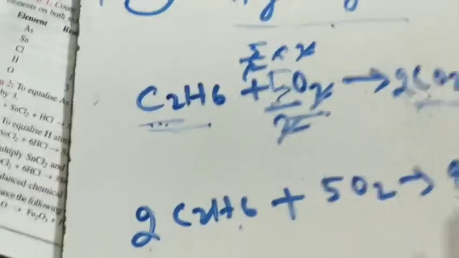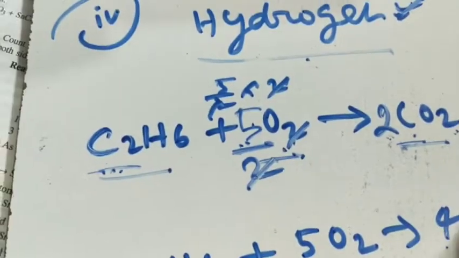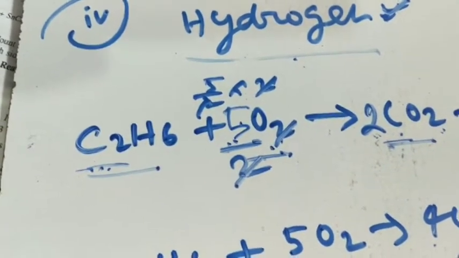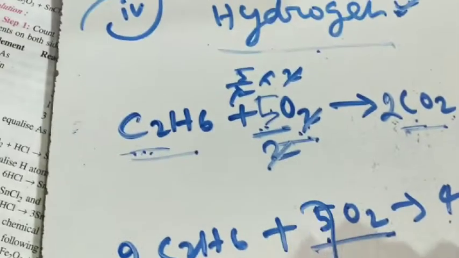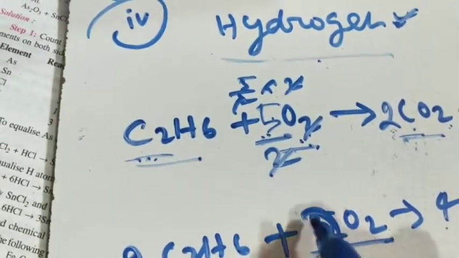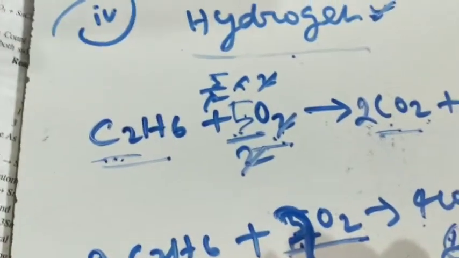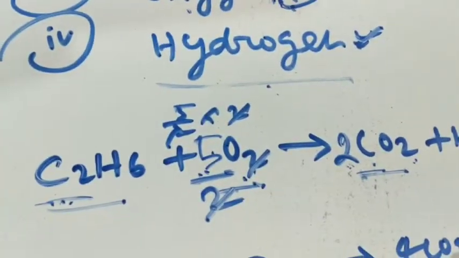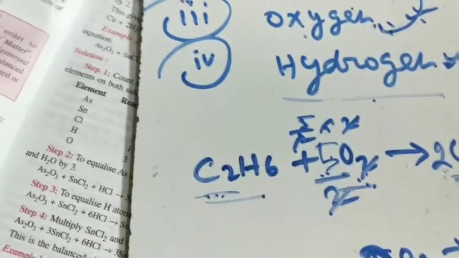But after balancing the hydrogen, you come to the point oxygen. Now on the right hand side 4 times 2, 8 oxygen plus 6 oxygen, that is 14 oxygen, but on the left hand side only 10 oxygen. So you change this 5 into 7. Now with 7, 2 times 7 is 14 oxygen. Here 4 times 2 is 8 plus 6, that is 14 oxygen. Oxygen is already balanced. Now we check non-metal. 2 times 2, 4 carbon already balanced.